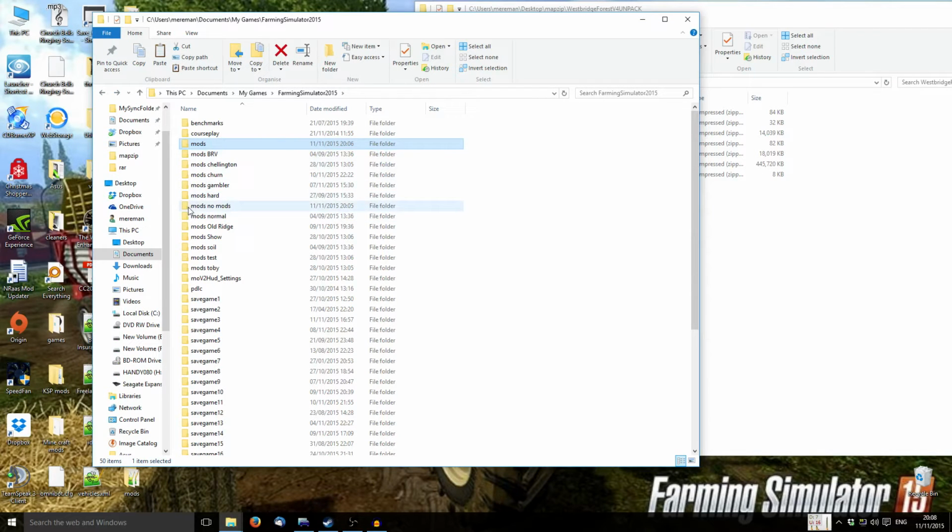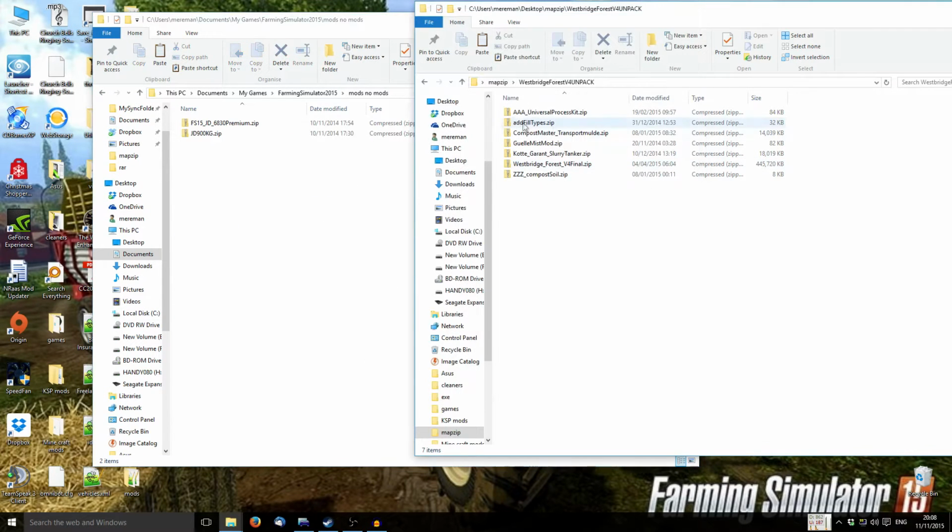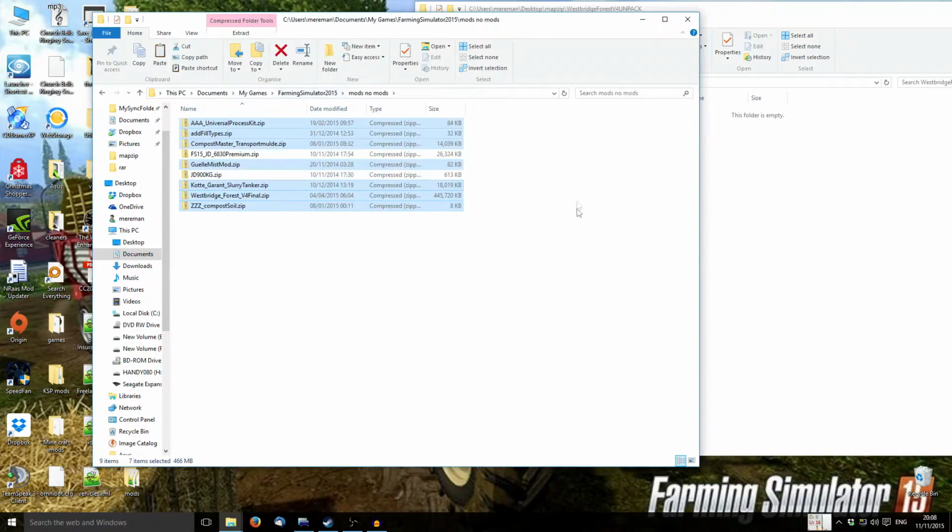The easiest way there is to click on the first one, shift and click on the bottom one, and I just slide the whole lot across, and that's in there. It's almost everything you need to play. One thing to do, I'll call up